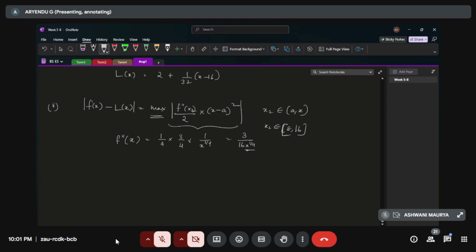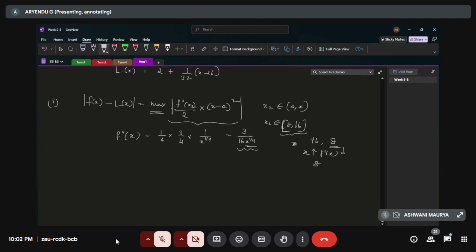So in this, if you look here, x raised to 1 by 4 is coming in the denominator. In this interval, we can see that the largest number is 16, and the smallest number is 8. Here it is coming in the denominator. So as x increases, the value of f double dash of x will be decreasing because it is in the denominator. And so what value do we want? We want the value of 8. That is why in the question it is initially mentioned f of 8 minus L of 8 is what we want. So if we take that, we will get 3 by 16 into 8 raised to 1 by 4,